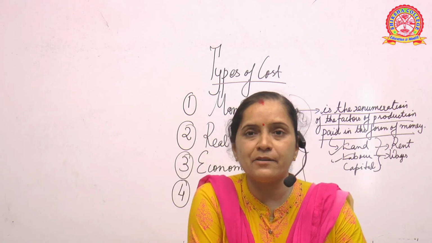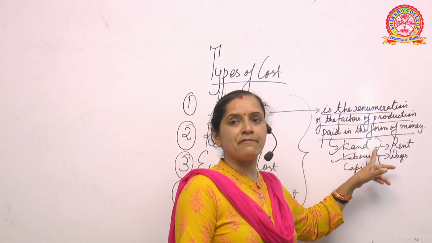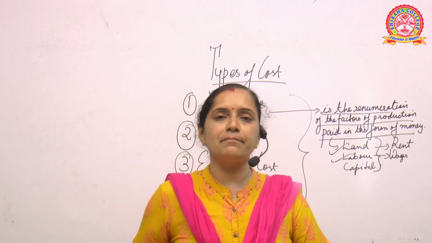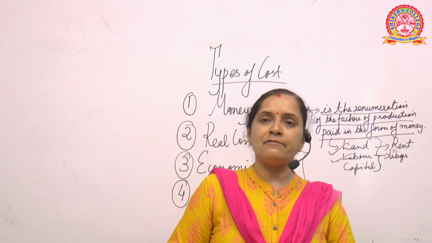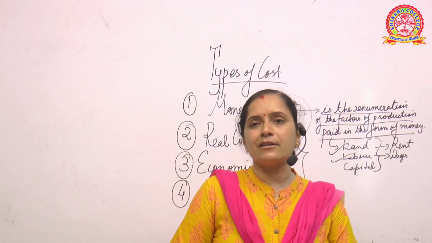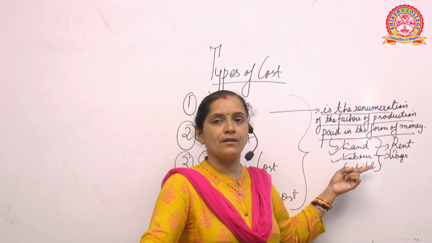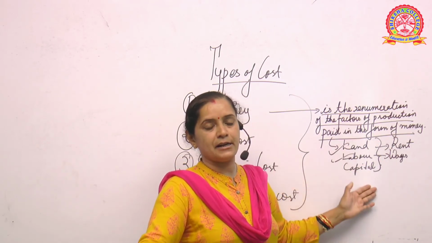Now for example, I told you land. Suppose I have hired a particular place, I am paying for land. Suppose I have taken a building, and I am having a coaching center. Now if I have taken a building, I am paying some rent towards it, so that is also a part of your money. Like when I am hiring labor for day-to-day work, what I am paying to labor is wages. So this is the definition of money.